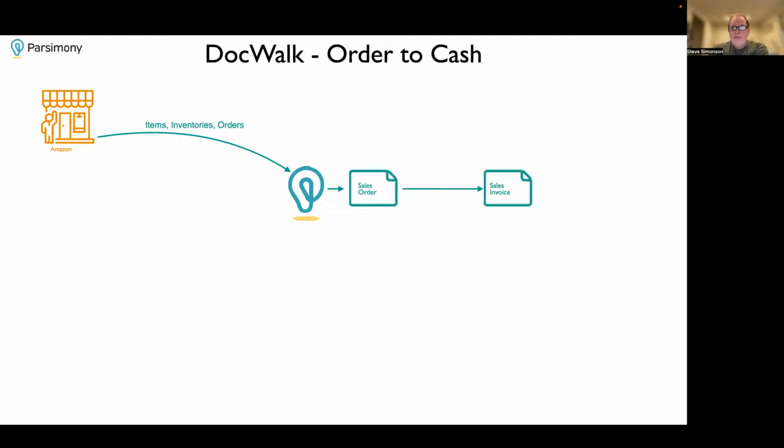So at the point we get that information from Amazon, we break that into sales orders. These are orders that are written. And then sales invoices. These are orders that are delivered. And there's a difference there, right? As you guys may know, sometimes orders are written in Amazon but don't actually end up getting delivered. Orders are canceled before they ship and so on and so forth. So having a process method to understand what a sales order is and how it differs from a sales